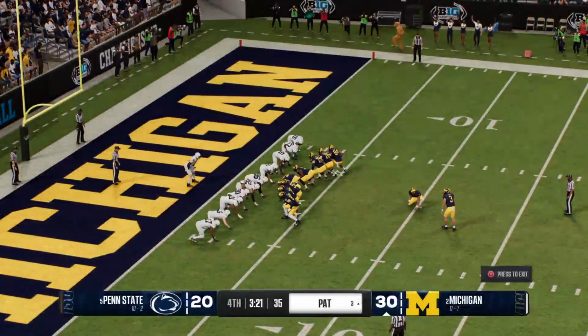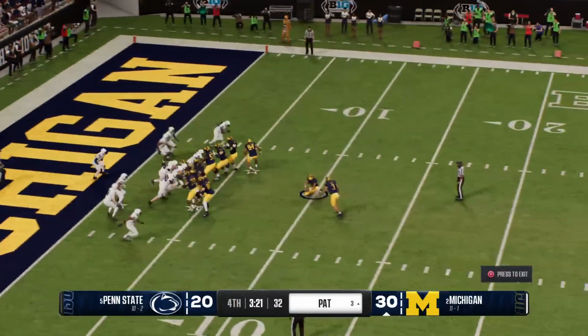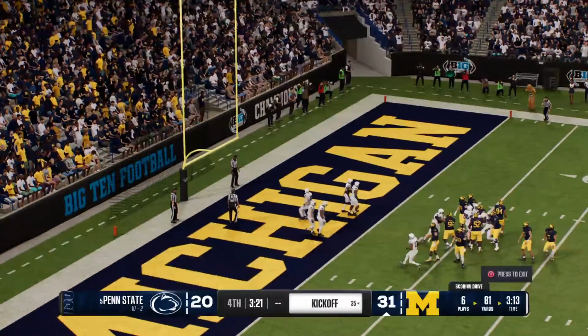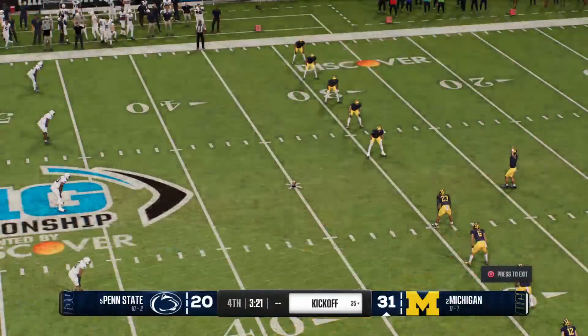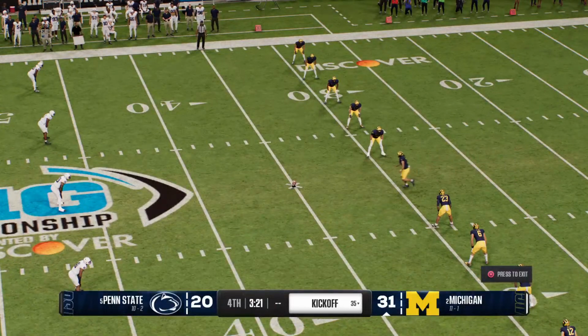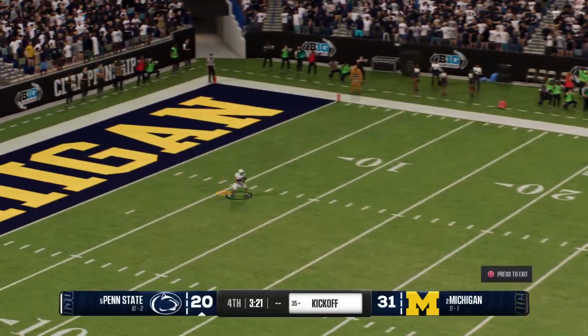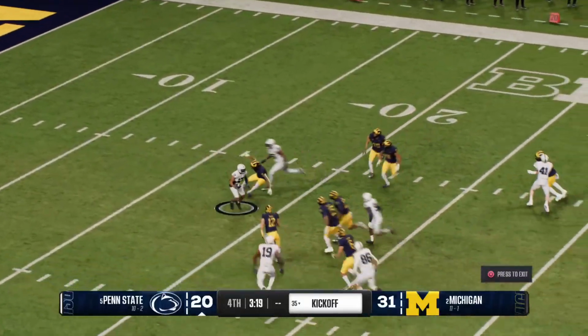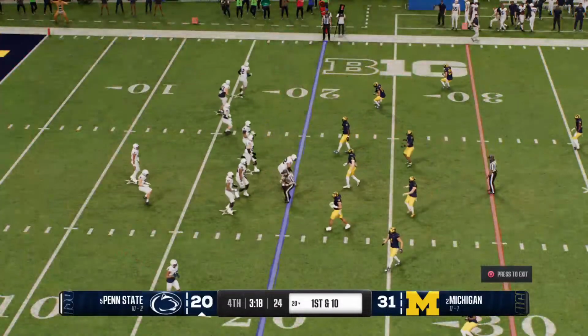So they'll try to add to the lead now with a PAT. Extra point is up and good, so the lead now is 11 here in the final quarter. Now the kickoff team is out on the field. Return begins inside the 10. And he stopped at the 20, trying to make something happen, but that's good coverage there.